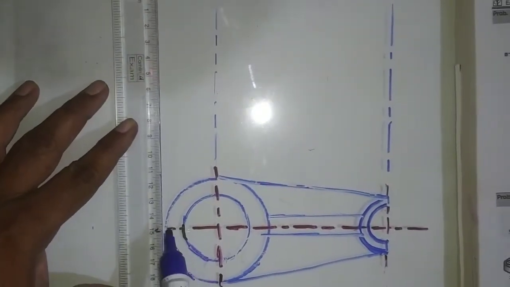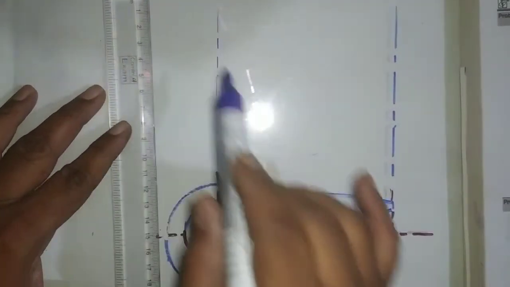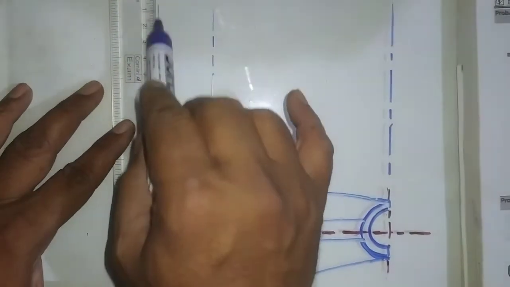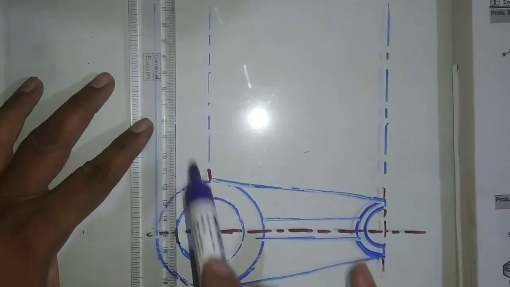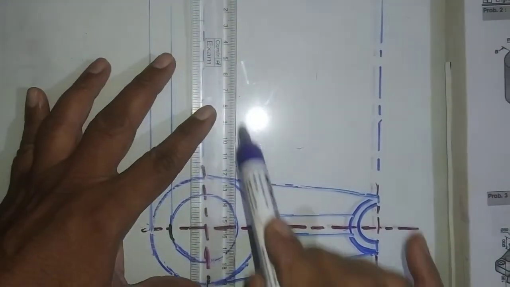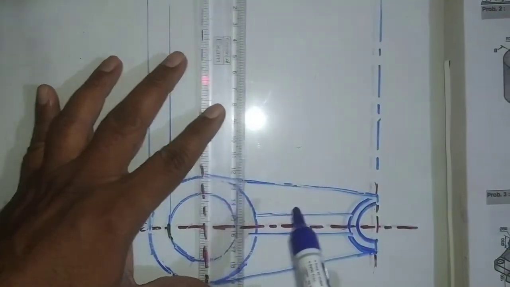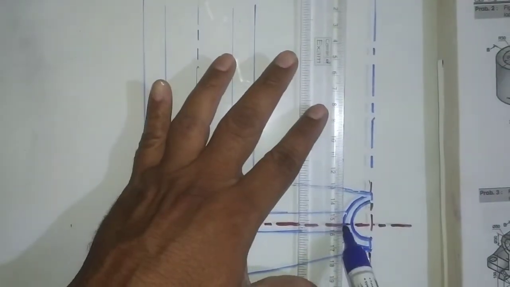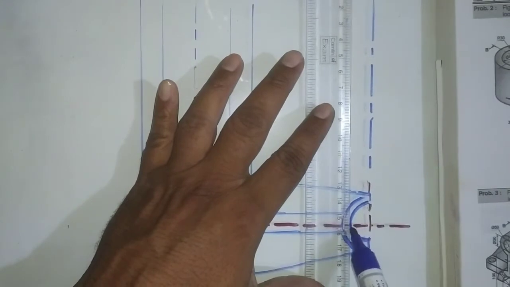I will project the projection first. I will draw the orthographic view. Then we will convert into